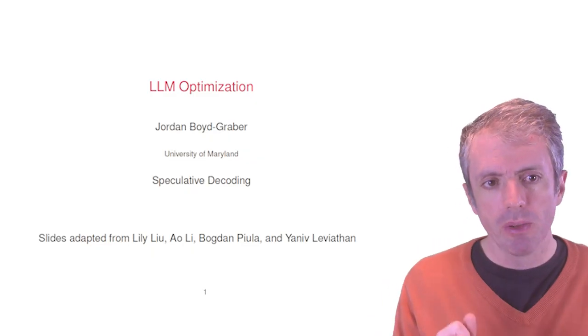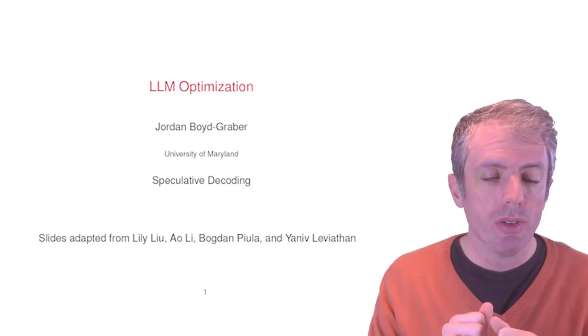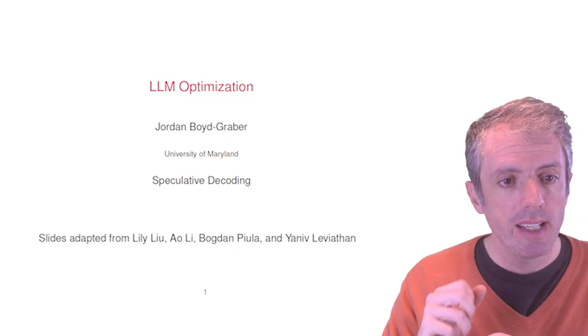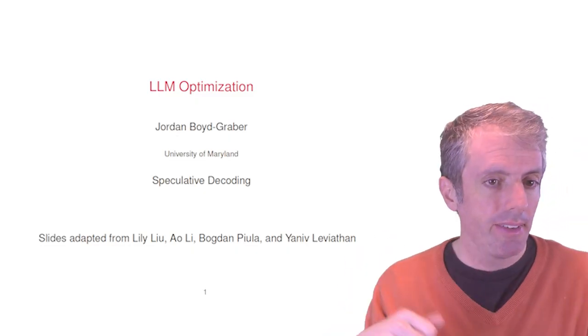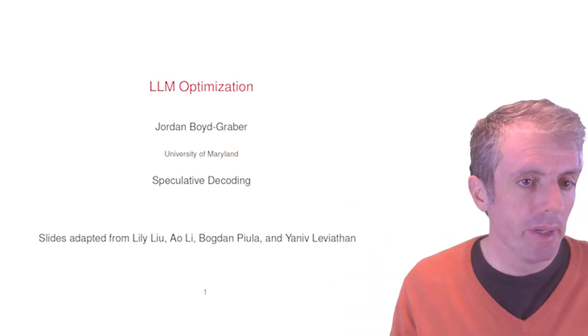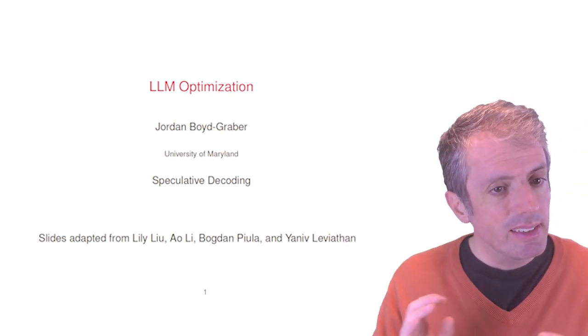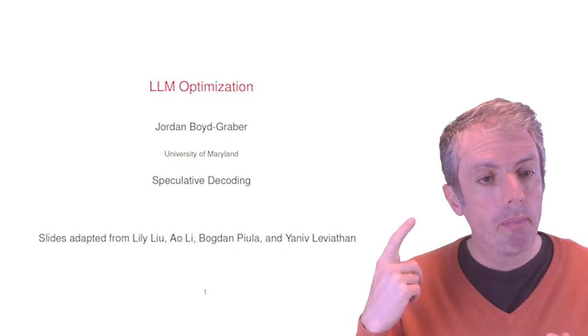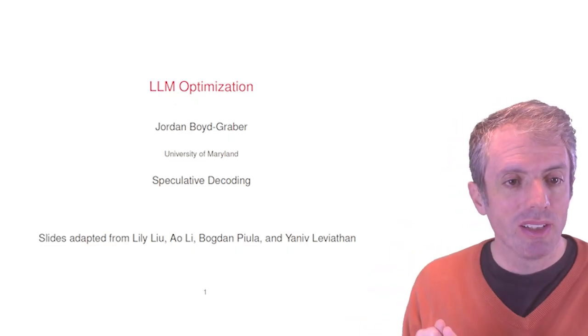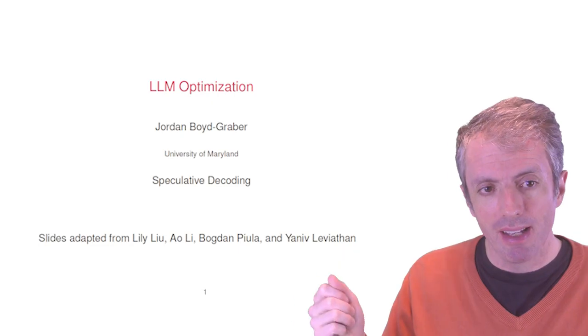This is a little bit different, where we're going to try to make things faster by taking a smaller model to do the easy stuff and leave the hard stuff for a bigger model. This doesn't save space because we're now running multiple models, but we're going to potentially save time by using the